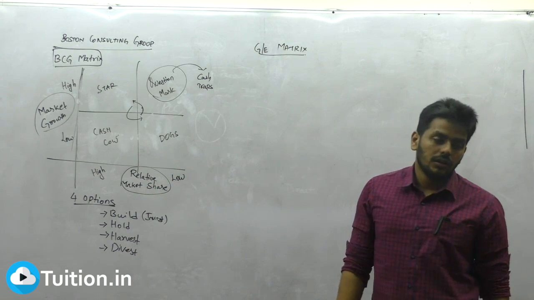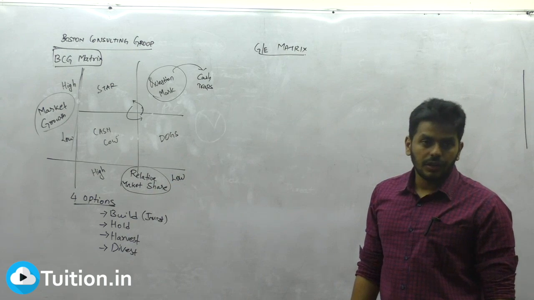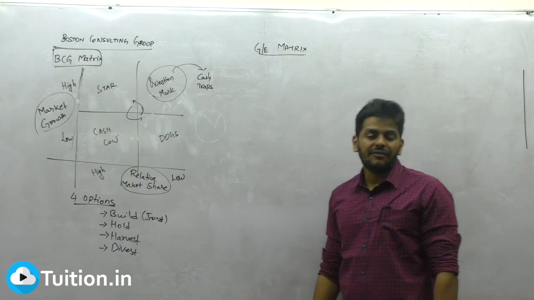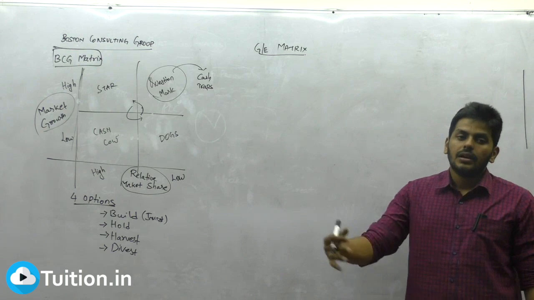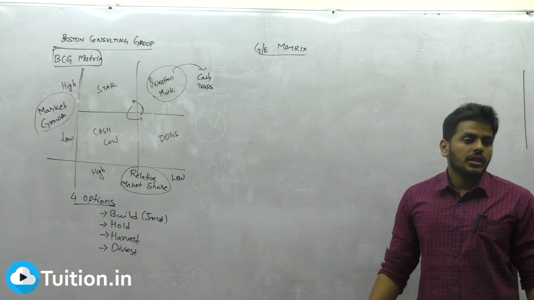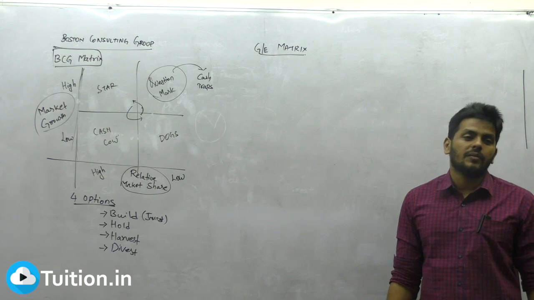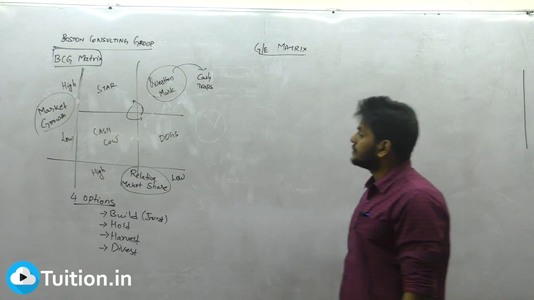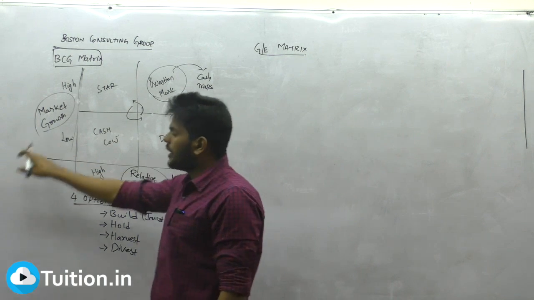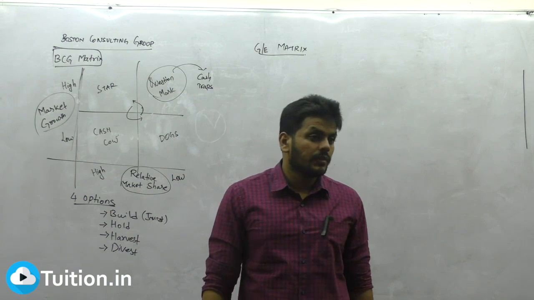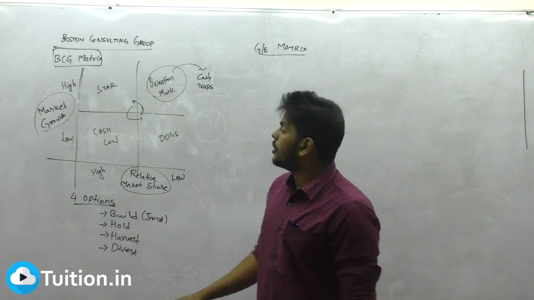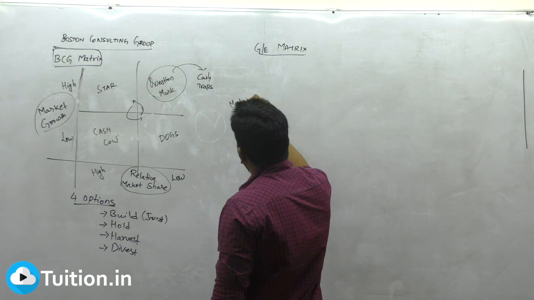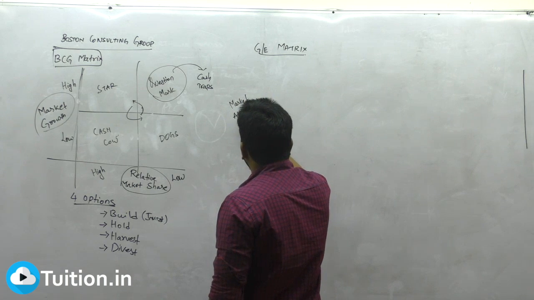Now I'm going to tell you, guys, concentrate. The story is the same, the options are the same. Let us redefine the story. So what GE did this time, in association with another leading firm called McKinsey, they came out with another matrix. This time, market growth is a very subjective term. You don't know what that is. So market growth is replaced by a term called market attractiveness. What is it called? Market attractiveness.